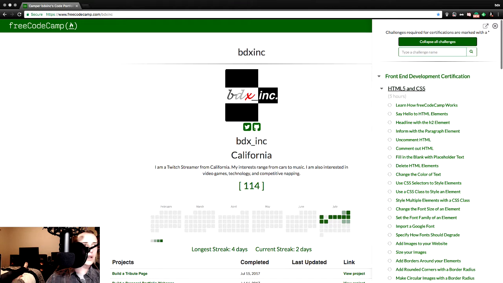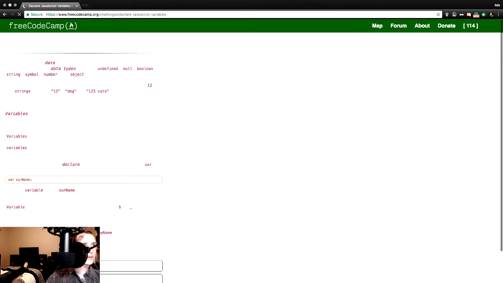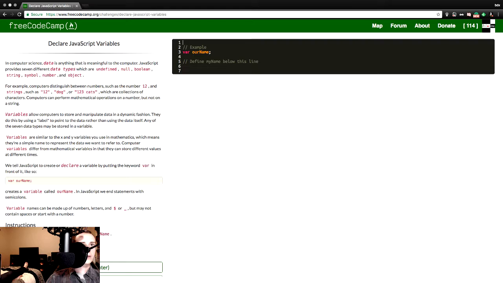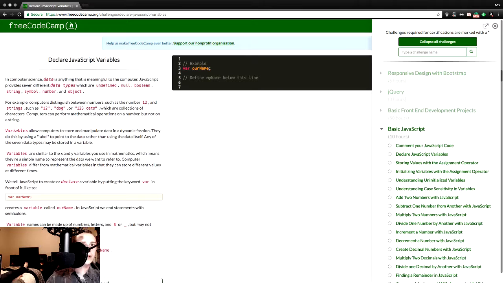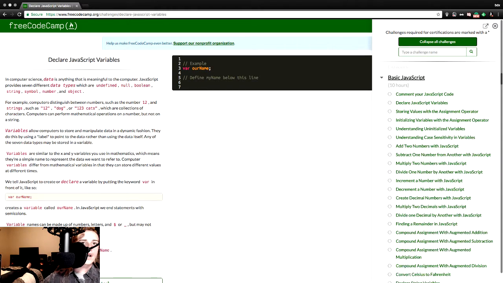Oh, let's see. What are we looking at? No, that's not right at all. That's slightly better. Map stuff. There we go. Everything's grayed out, at least what we've completed. We are looking for the new section, basic JavaScript, good times. We finished our basic front-end projects yesterday, and now we get to kick off day 197 with the new basic